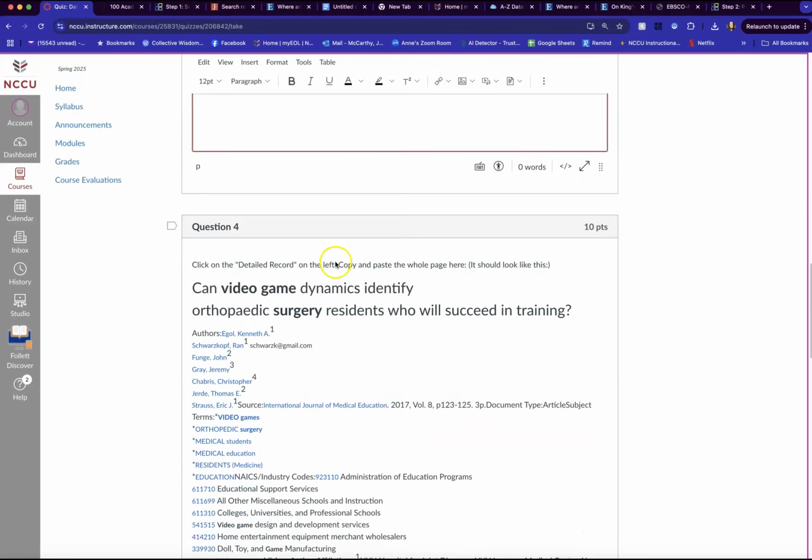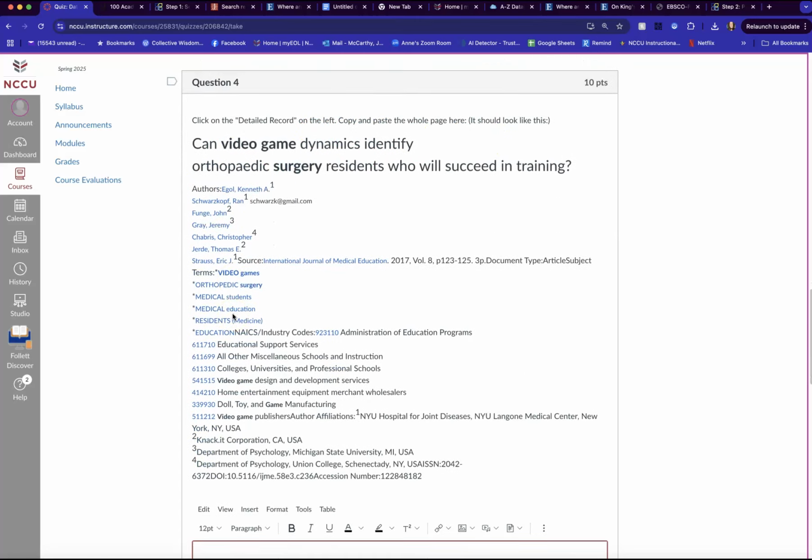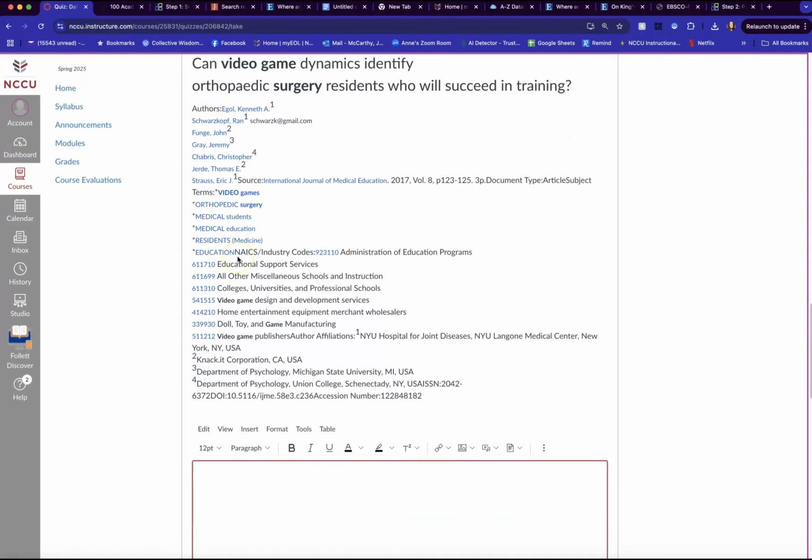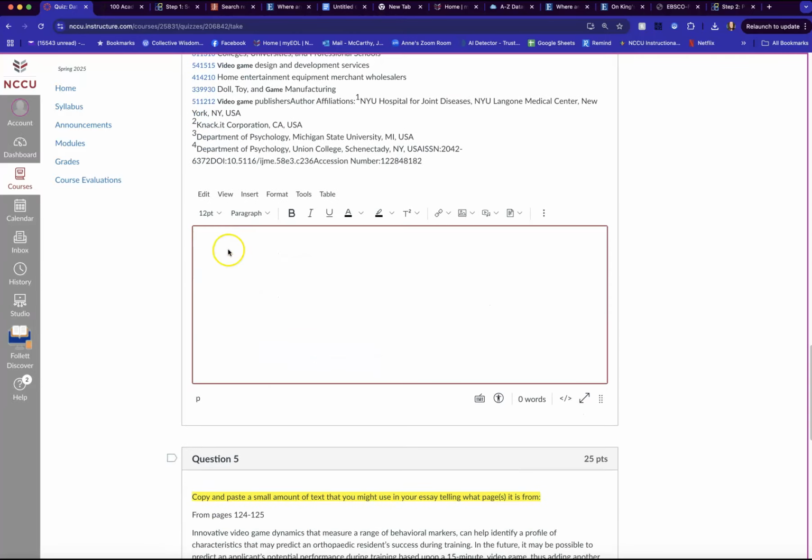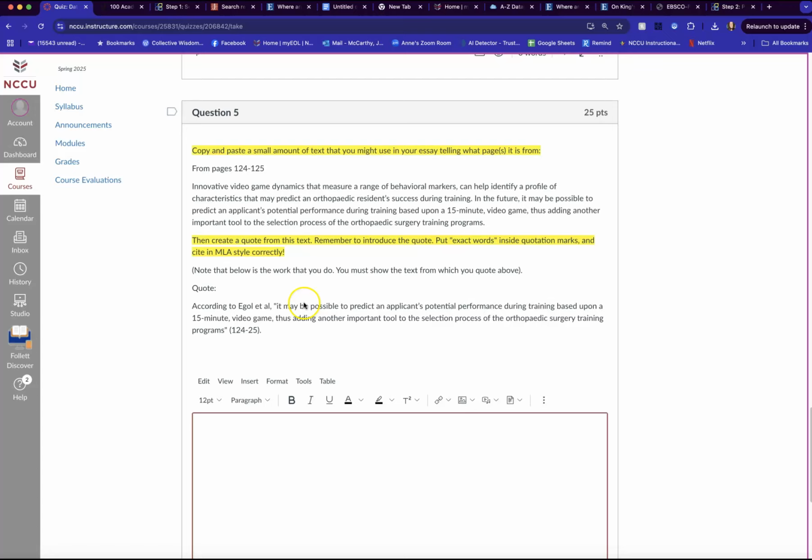Then I'm having you get the detailed record, and it's going to show you, and it should look something like this, because then I can see how many authors there are, all of that information to make sure you have all of that, and you'll paste it in the box. Notice what I want you to do too is read your article. And the first thing that you're going to do is copy a small amount of text that you might be using in your paper. So you'll just copy and paste some text. And then I want you to create a